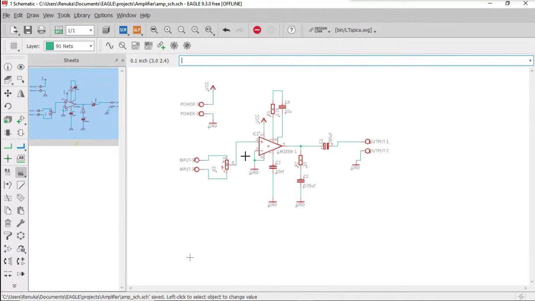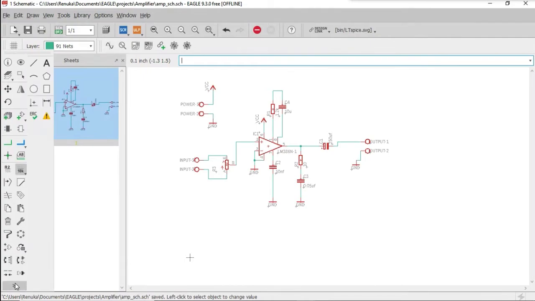After you make your connections, you need to check if there are any disconnections in the circuit, or if there is any component which is not connected properly. To find such errors, you need to do an electrical rule check, that is ERC. You can see an option at the down part of the left side. Click on the downward arrow.